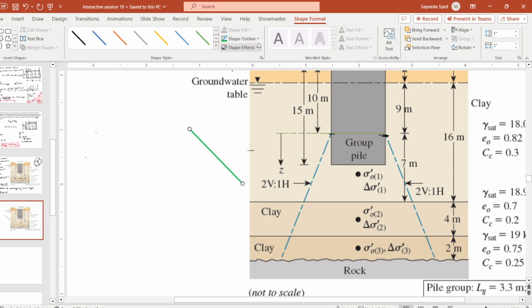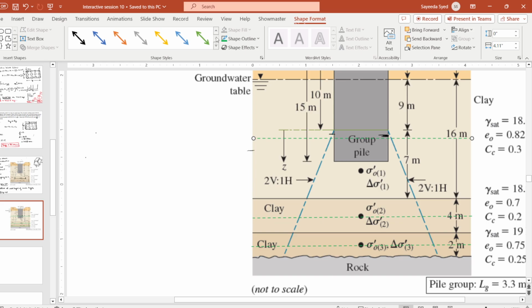Let me use another color. It's not that visible. Okay, so these are the midpoints. Excuse me. You see,